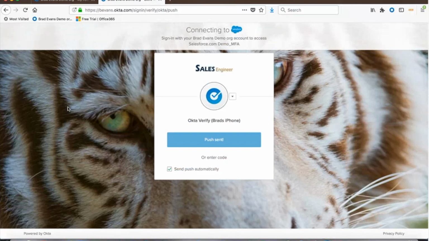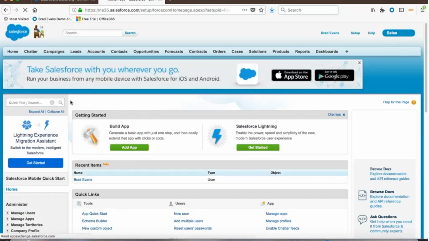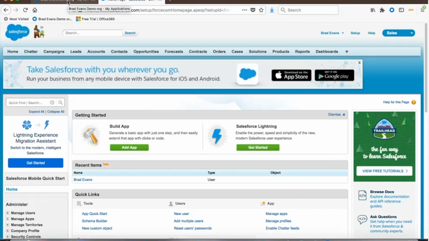So similar thing there. I go ahead and tap approve, and it's going to let me continue on. So that's demonstrating actually two different pieces. Single sign-on, so I don't have to put in any other authentication to get to my instance of Salesforce. It just simply says, since Okta has already verified this user's identity, go ahead and pass in a SAML assertion. SAML stands for Security Assertion Markup Language. Pass in the SAML assertion, the identity and the token that was already generated from Okta, so I don't have